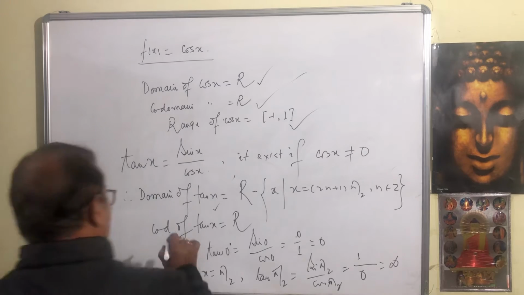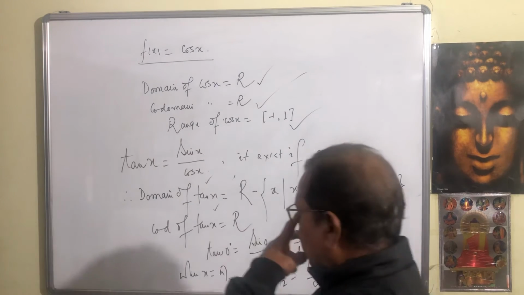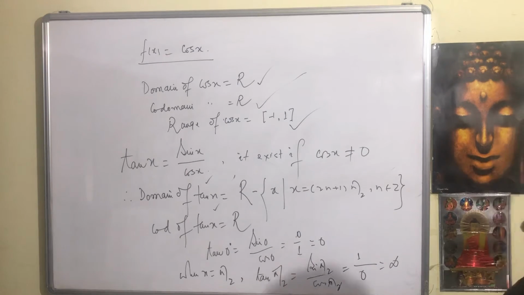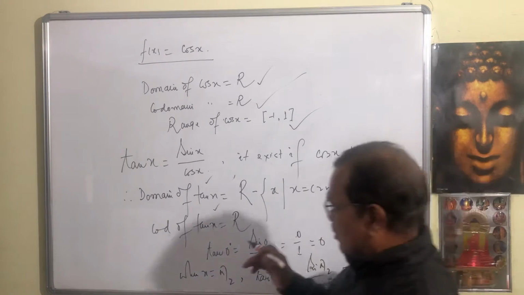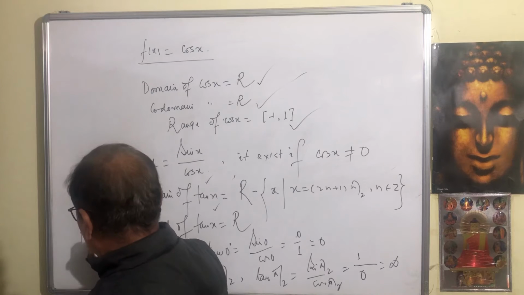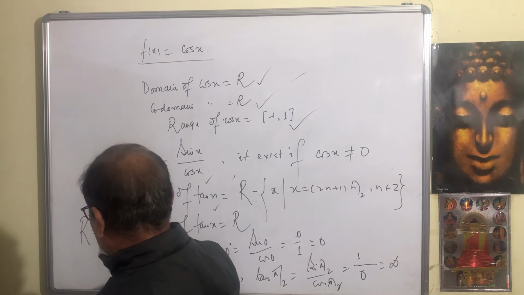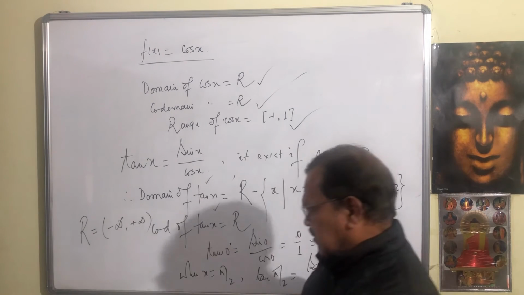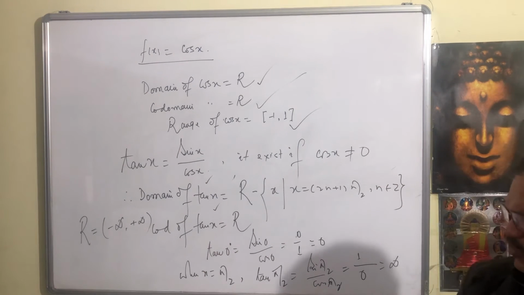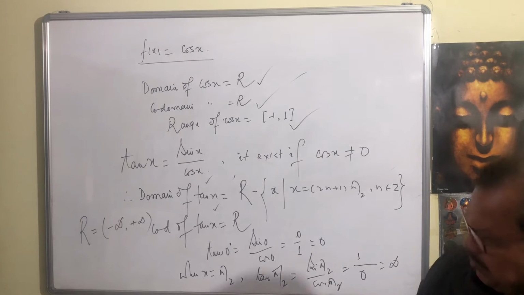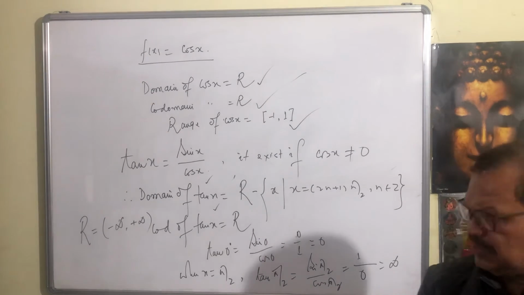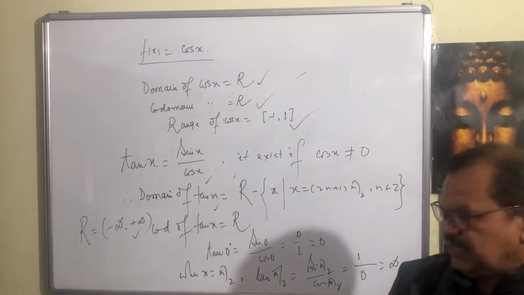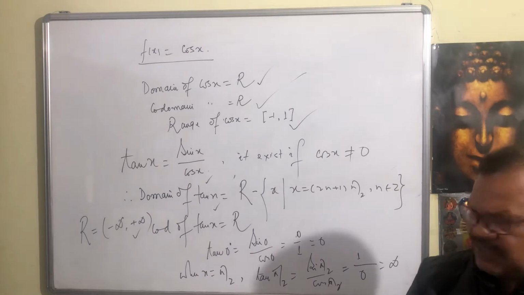Hope it is clear. So now what does it mean? Minus infinity to plus infinity means the set of real numbers, because real number is also known as minus infinity to plus infinity. This is the open interval. So we can move within this region. So this is the, you can say, range of this. That will be better to say. So I hope 10x is clear now.